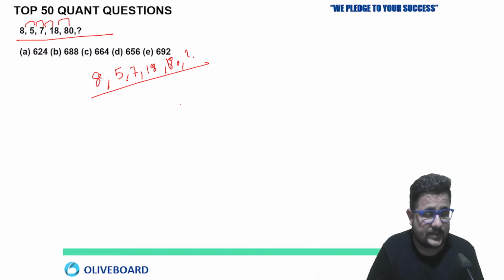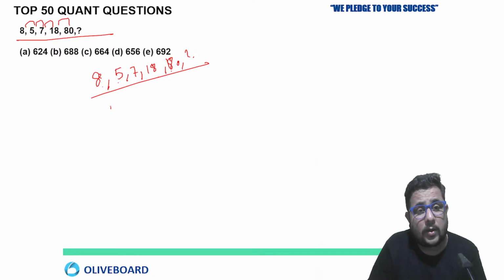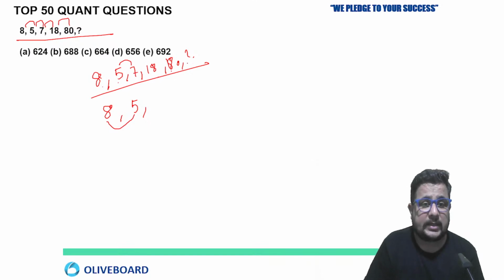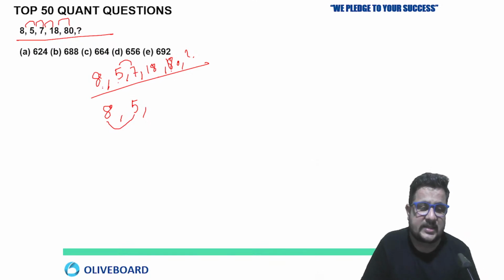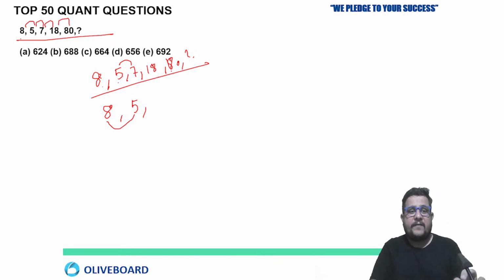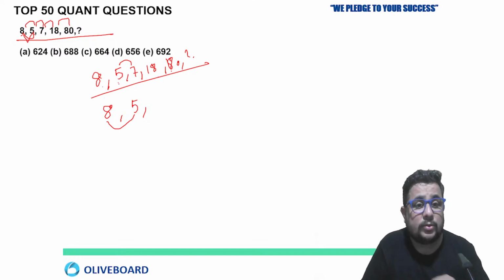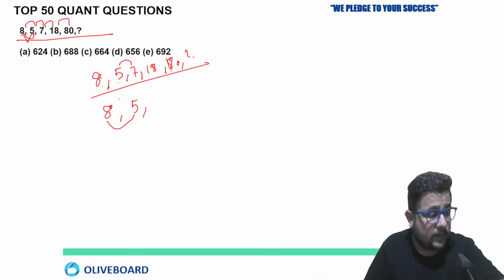Varun Shrivastava. See, 8, 5, 7, 18, 80. Now, if we look here, what you can see is that it is near to half of this, because after that the complete increase is visible in the series. So this is the best logic. First to second, there is a decrease, then a continuous increase or equal something given in the next step. You can go with that half pattern.